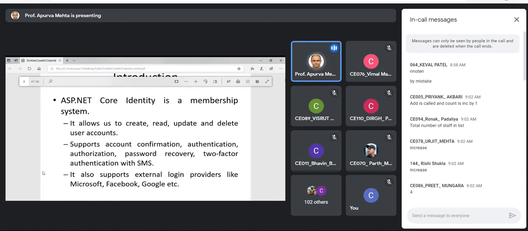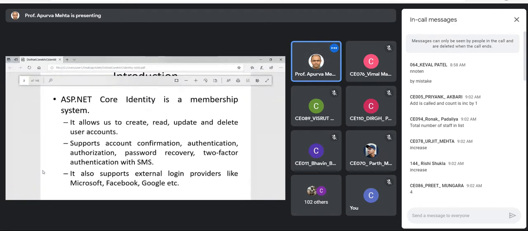So now, what is ASP.NET Identity? Identity is a membership system. That means it will allow you to maintain your users, and the roles for your users, etc. This is also available in .NET Framework, and if you want to use it in your project, you may use it. The way of configuration is a little bit different than .NET Core, but some good tutorials are already available from Microsoft Docs and some other good websites, so you can use it.